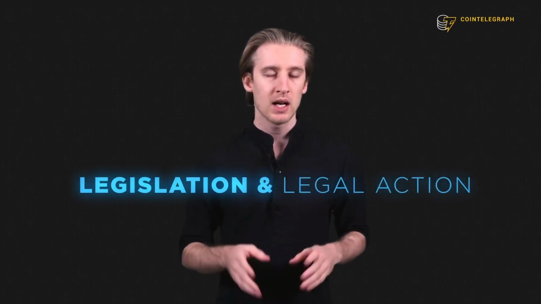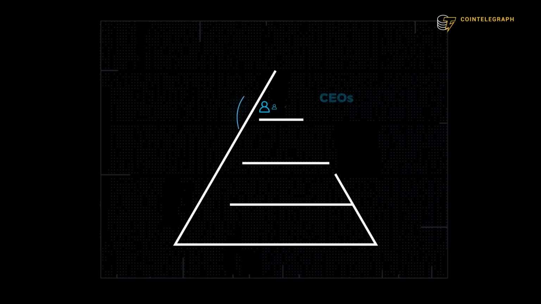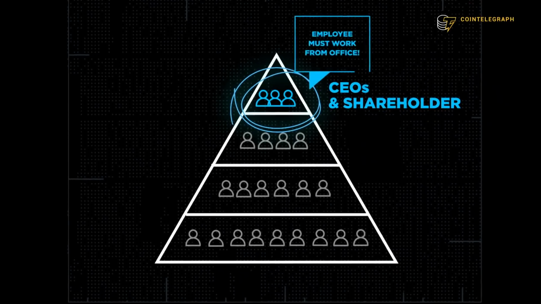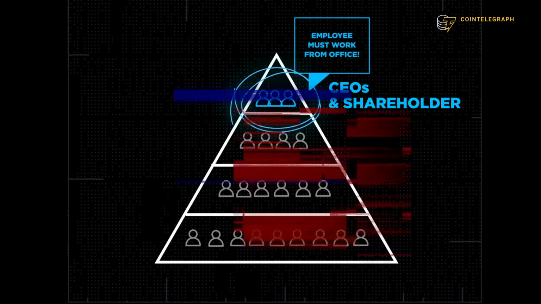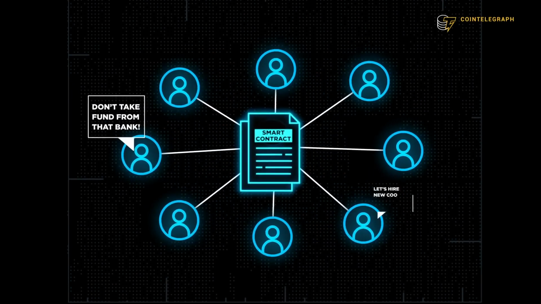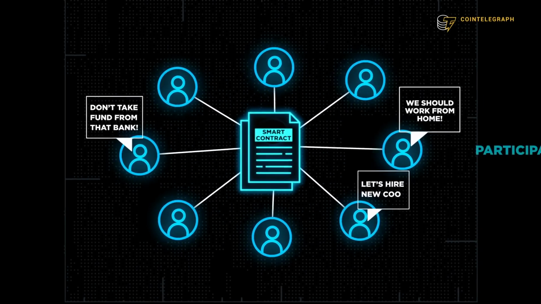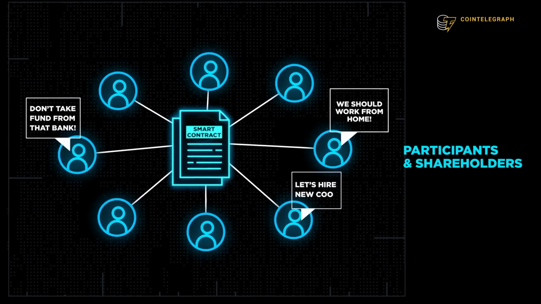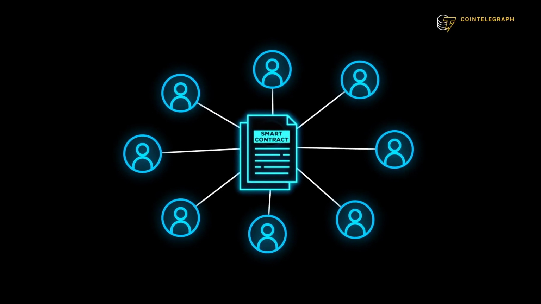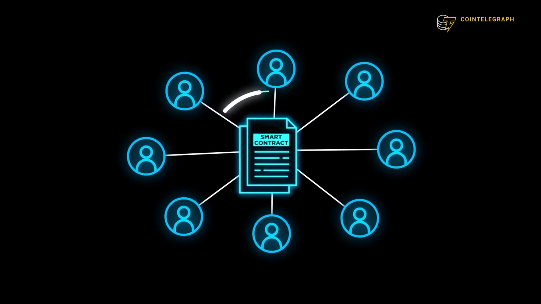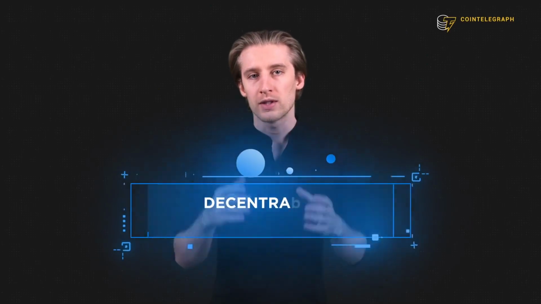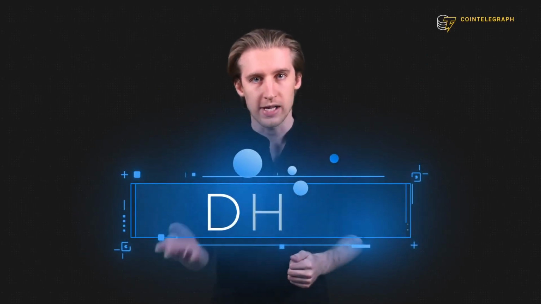Breaking up these giant companies can only be done through legislation and legal action. However, Web3 provides an alternative to the typical company. Everyone knows the classic corporate pyramid with CEOs and shareholders sitting at the top. But what if organizations were structured more like a flat circle, where everyone was equal? Users could participate in the governance and operation of the organizations themselves, turning them into participants and shareholders, not just consumers or products. The structure of the organization will be governed by smart contracts so that everyone has to play by the same rules. This is the premise for decentralized autonomous organizations, or DAOs. If you're not sure what that is, check out our video on it here.